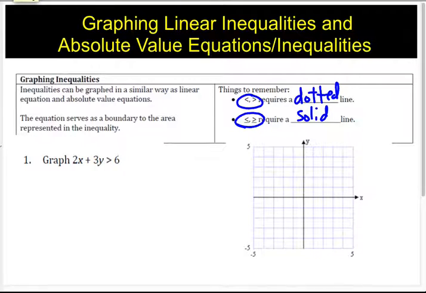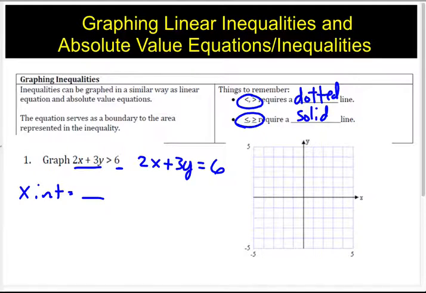Okay, this is in standard form. X and y are on the left-hand side, and my constant, just my number, is on the right-hand side. First, you've got to graph the boundary, which is 2x plus 3y is less than, greater than, actually, we're going to say this, equal to 6. It says to find the x-intercept, y-intercept, and slope. I think the easiest way to do this is to put it in slope-intercept form and then graph it. But if we're going to find the x-intercept here,